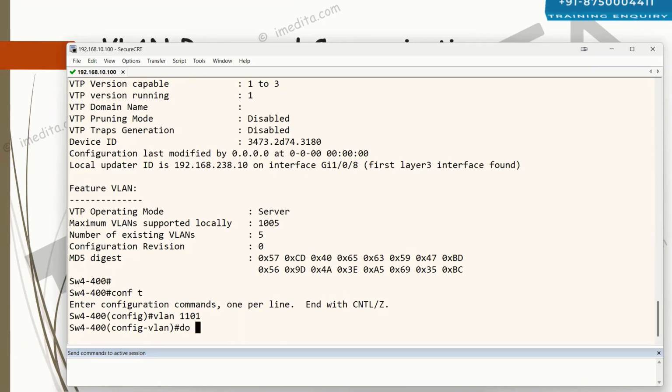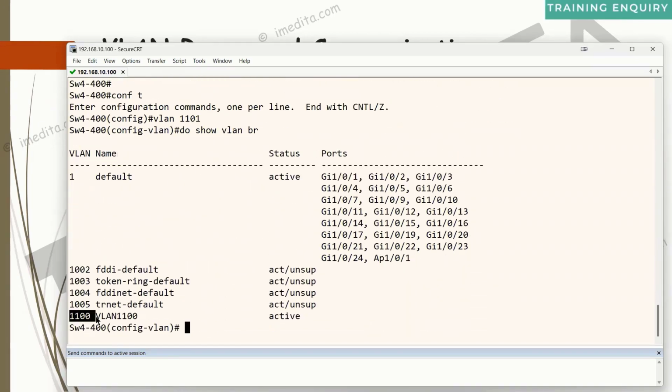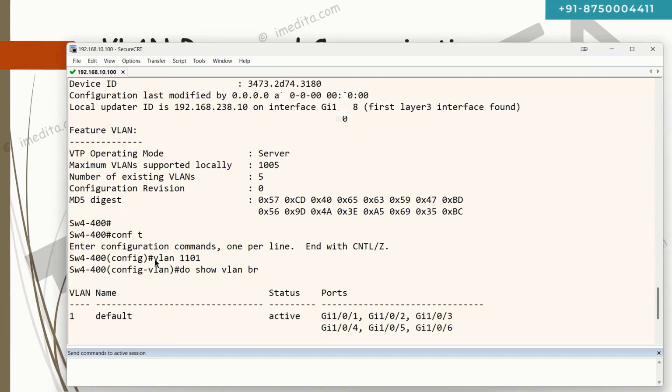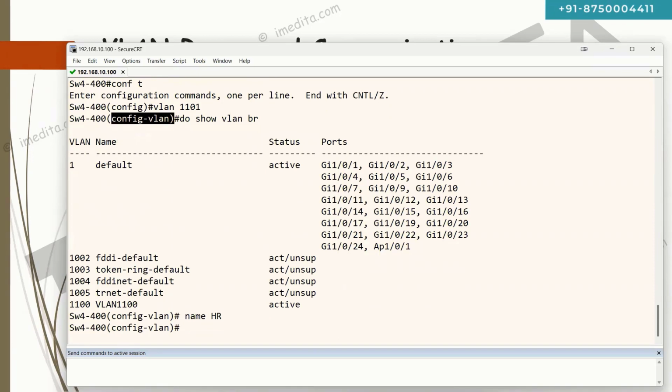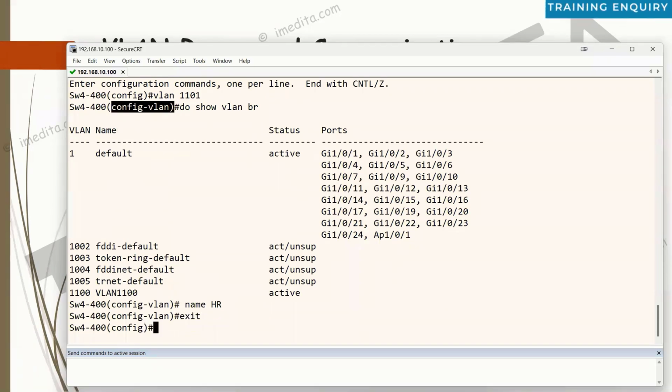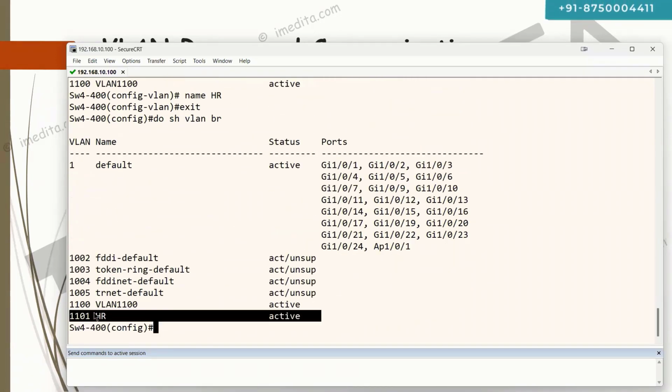So if I do show vlan brief, I cannot see that VLAN 1101. Even though it looks like I have configured it, looks like I have created it, but it's not there. Because until you exit from this VLAN configuration, changes are not done. So if you exit, now you will see in the show vlan brief that the VLAN is actually